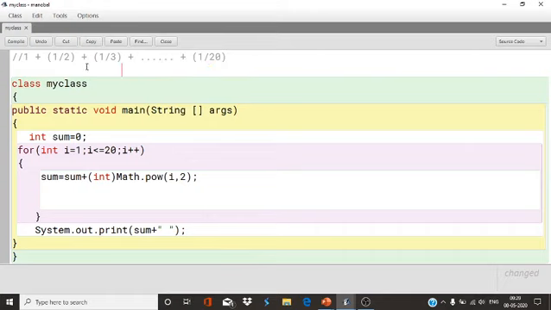One plus 1 by 2 plus 1 by 3 plus up to 1 by 20. So also you can write here 1 by 1. No issue is here, 1 by 1.